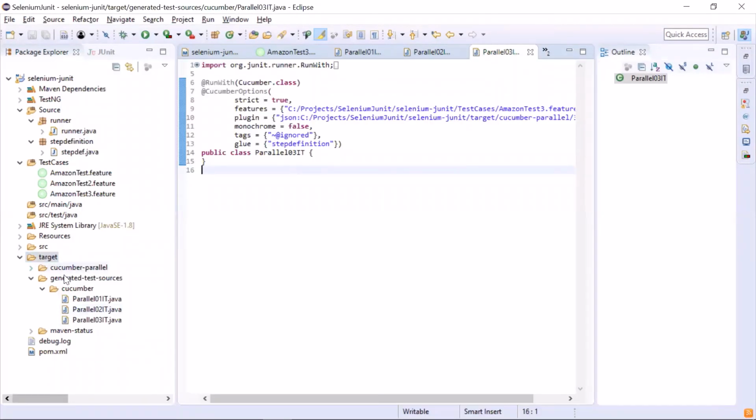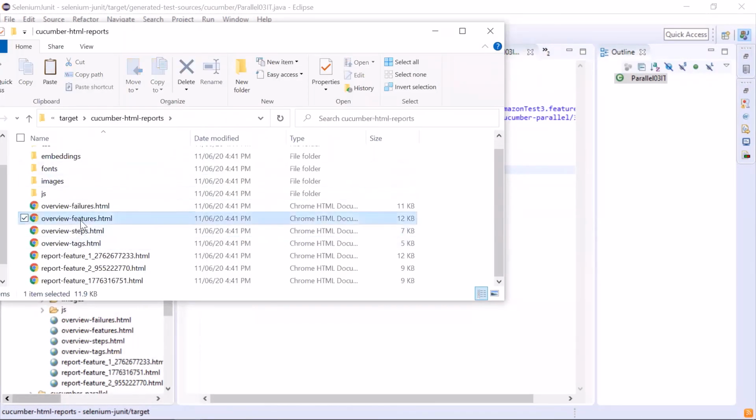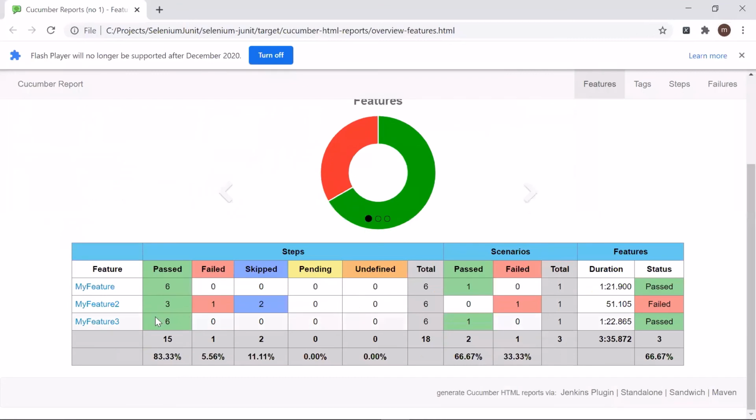Now let's go to the Cucumber report folder. Open the overview features file. Here you can see that 3 feature files have been executed, out of which 2 passed and 1 failed. So this is how you can configure your JUnit project to run Cucumber feature files in parallel.